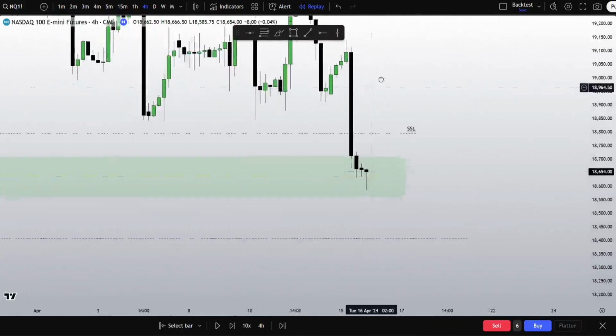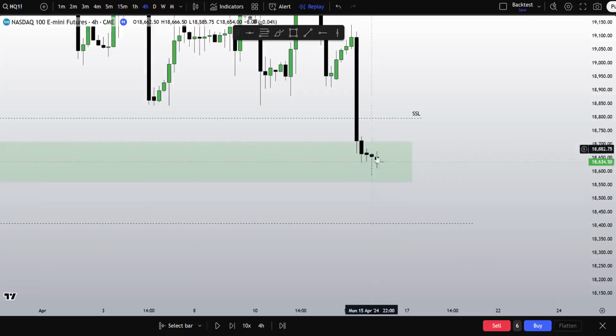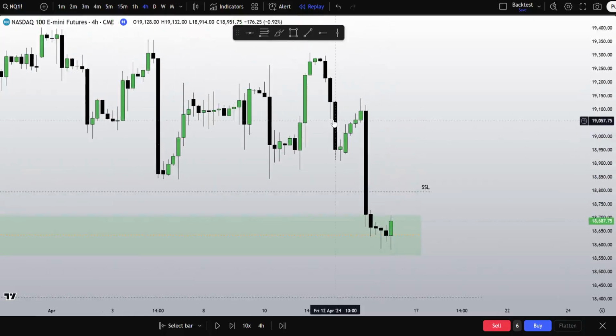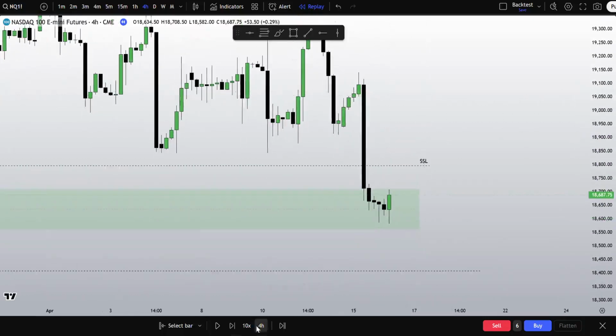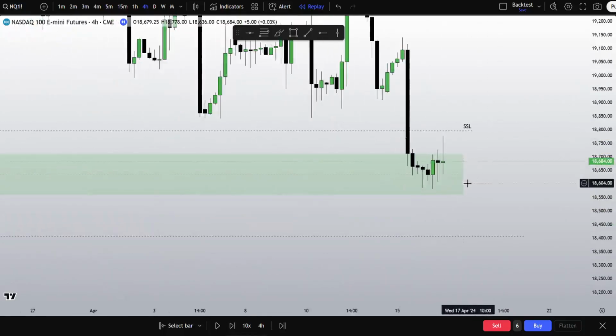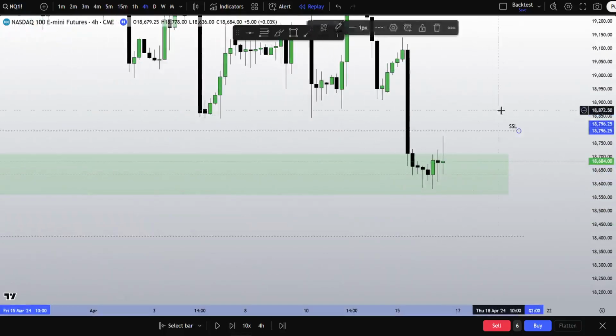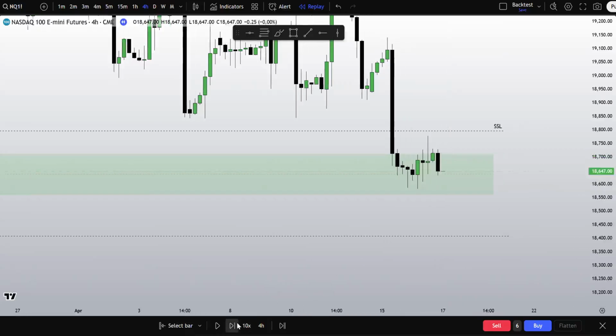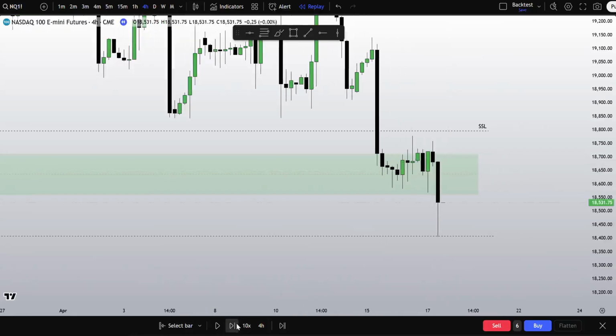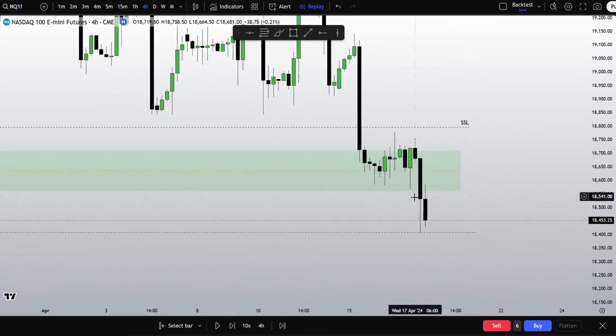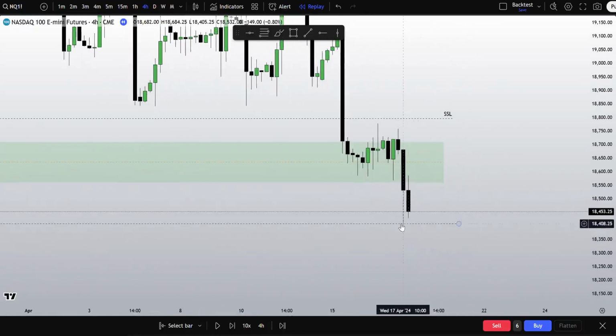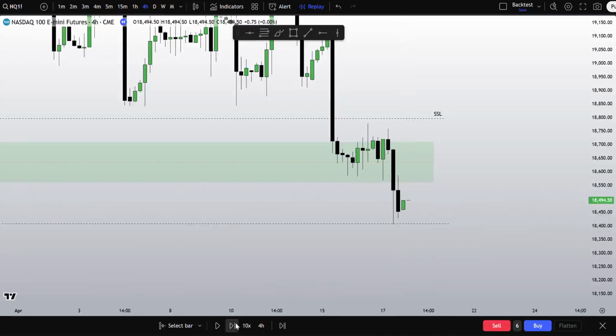So we're going to analyze now, see how price reacts to it. If we begin to respect it, my eyes would head towards this imbalance and this high once again. So again, we're going to pay attention. As of right now, nothing. Still nothing. Okay, and just like that, we disrespect it. Now my eyes are here. We did take it here. We disrespected it. I think we will head lower once again.